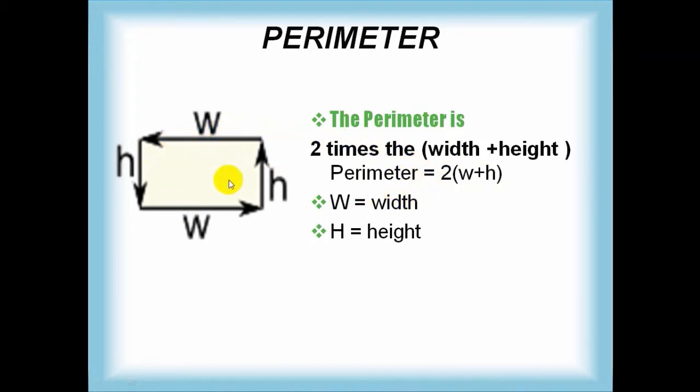So dear students, note how to find the perimeter of the rectangle: length plus width multiplied by 2. Why length plus width multiplied by 2? Because for the perimeter we add all the sides. This rectangle has 4 sides. So length plus width plus length plus width. So this can be written simply as 2 into length plus width, meaning W plus H. So this is the formula for the perimeter of a rectangle.